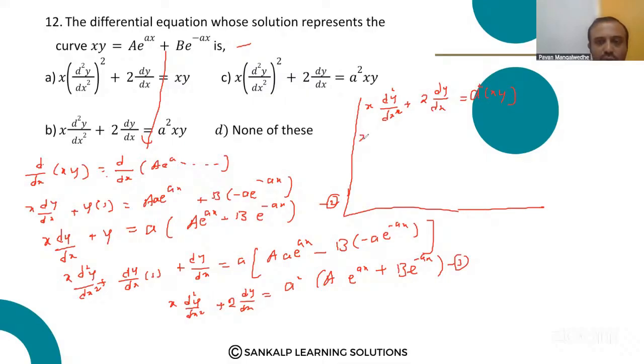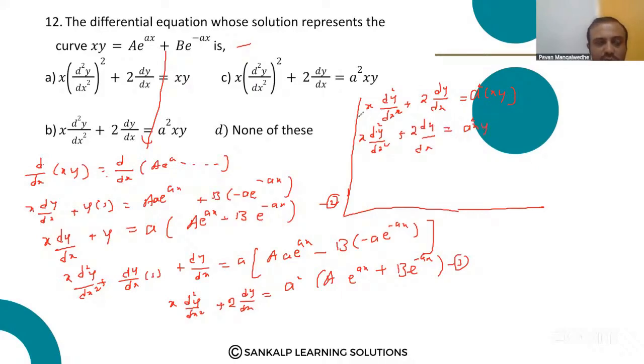So x into d square y by dx square, as it is, plus 2 into dy by dx, which is equal to a square